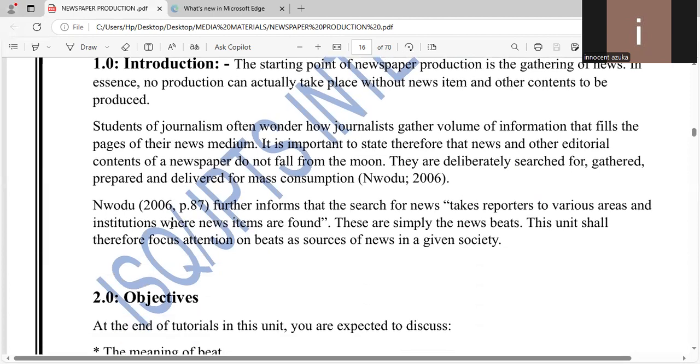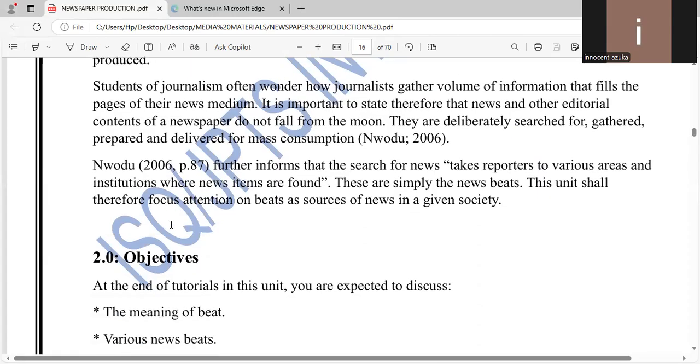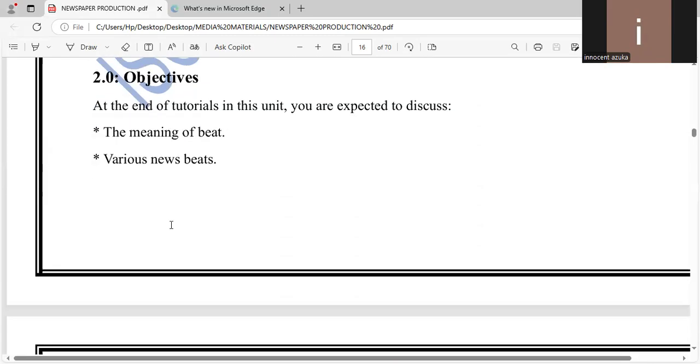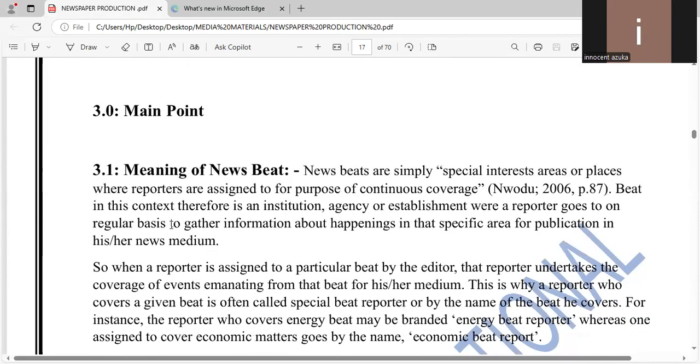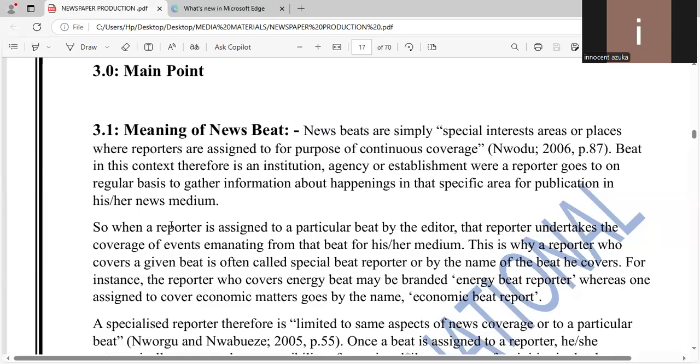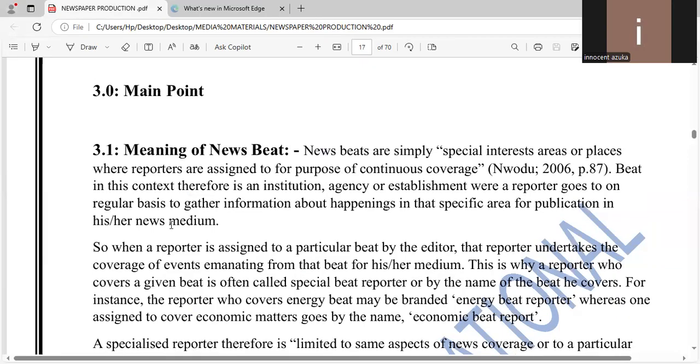News gathering takes reporters to various areas and institutions where news items are found. So what is a news beat? News beats are simply special interests or areas or places where reporters are assigned for the purpose of continuous coverage. A beat in this context, therefore, is an institution, agency, or establishment